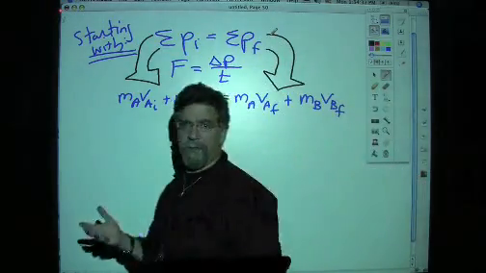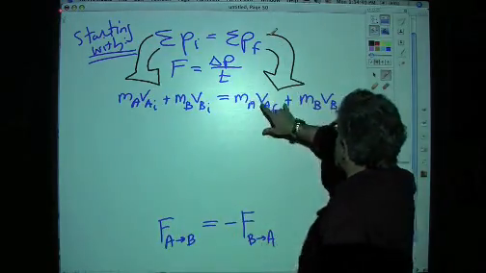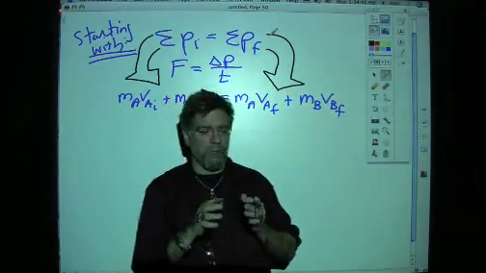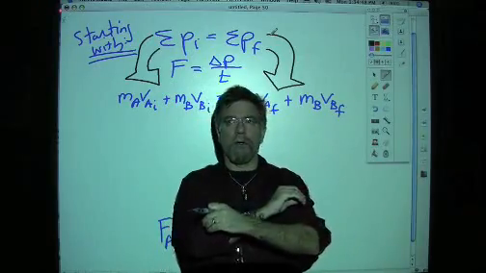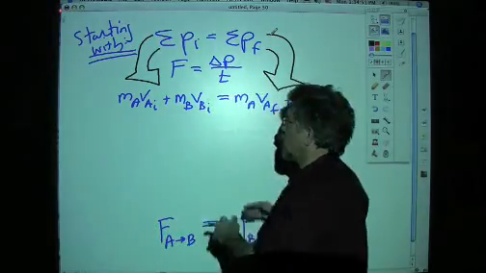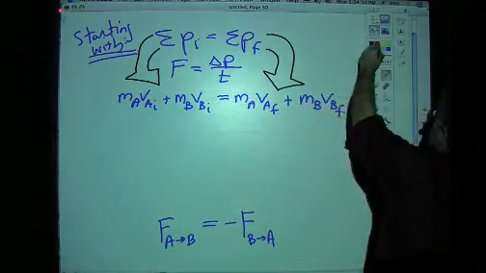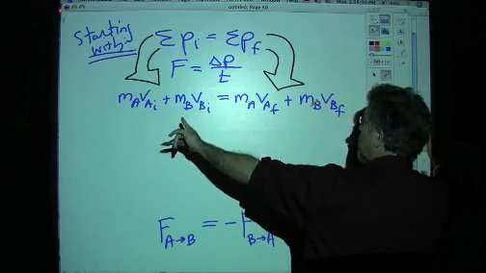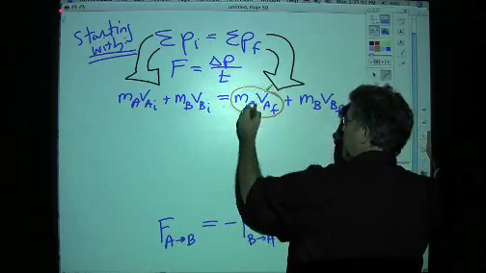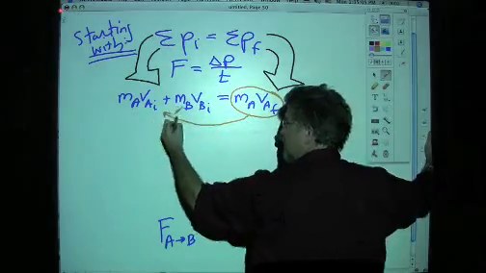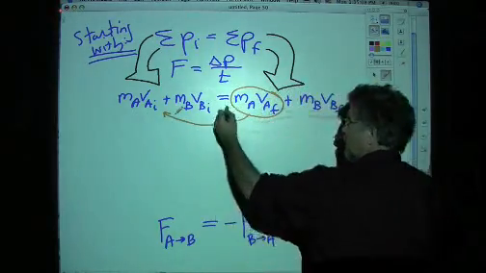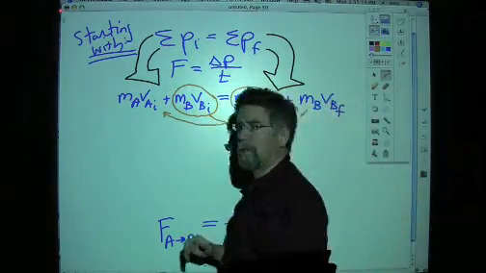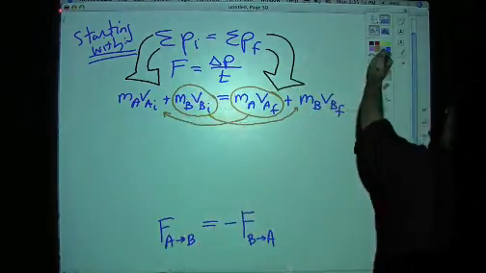Now there are various ways of going into this, but I'm going to rearrange this, because Newton was more concerned with the change in momentum that occurred, not the overall beginning. So let's show this as a change of momentum. Let's leave A on this side. I'm going to move the final momentum of A over here, just through algebra, subtracting from both sides. And I'm going to move the initial momentum of B over to this side. So I'll subtract those parts of the equation from both sides, and I'll end up with